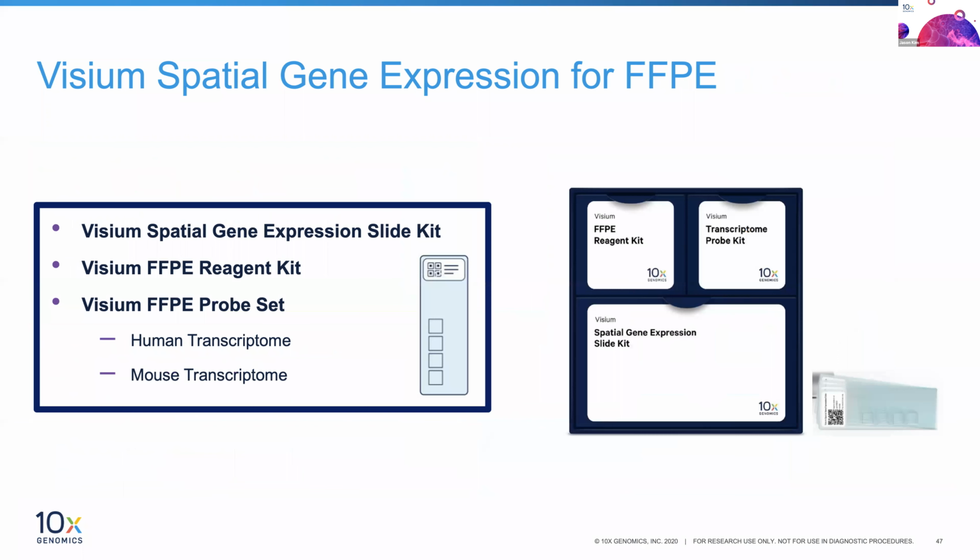And then on the Visium assay for FFPE, again, it does not need tissue optimization, but you will need to select based on species, whether you're working on human or mouse, because remember, there are RTL probes involved for that. And if you're interested in more details on either of these components, available pack sizes, options, pricing, quoting, please